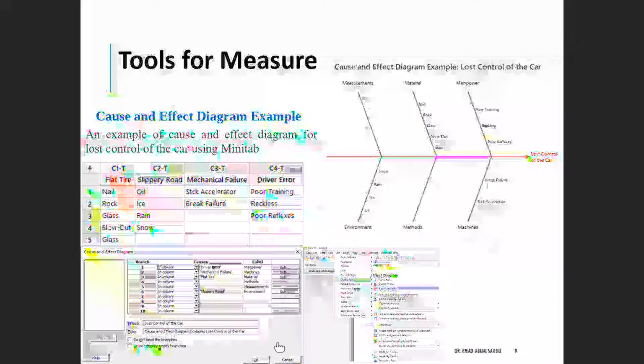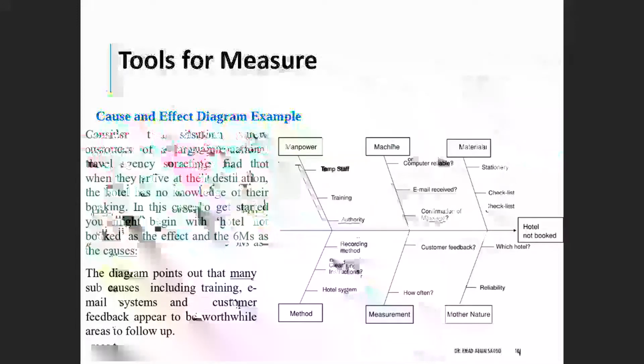When you press OK down here below this box, it will show you the same figure as you have it here. You can use this data and try it yourself and get the chart, and you can try to add sub-causes for one of those causes here, and see how the branches get more. You will see more lines coming out of this one, and it shows you the sub-causes for the poor training, for example. Moving on to another tool,